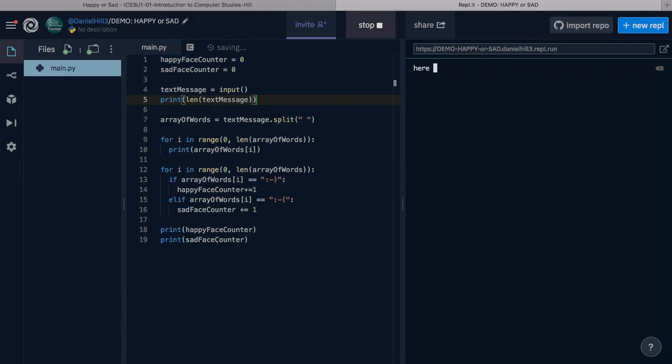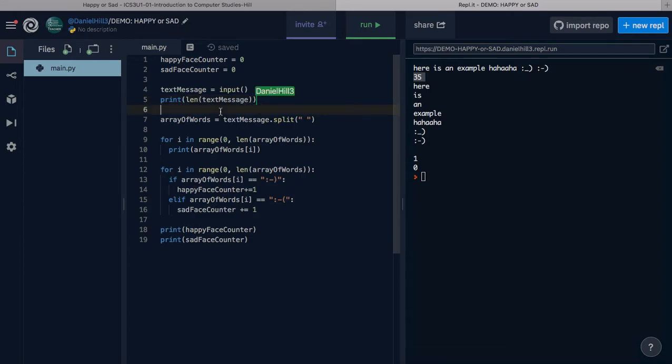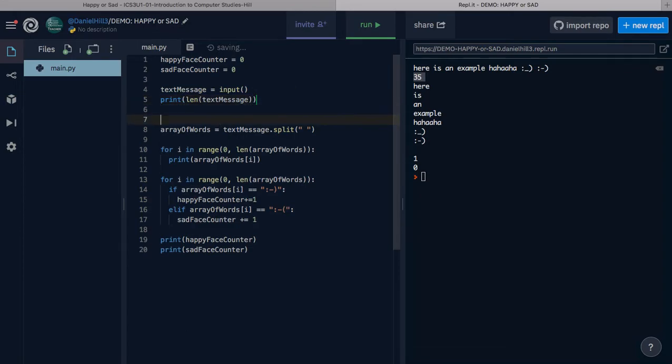Okay, so here is an example. And maybe we can throw in a smiley face. We'll throw in a proper smiley face. Okay, so now we've printed here the length of the text message. It's saying that it's 35 characters. And there's one happy face. So to use that as part of our input stipulations, we can